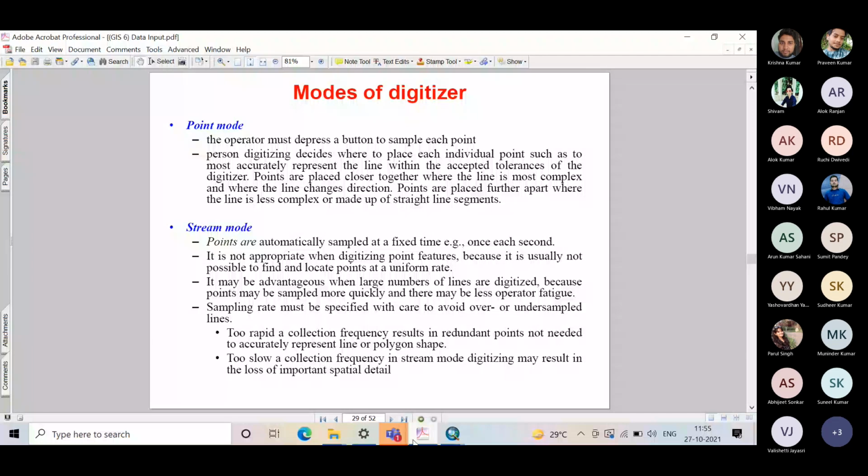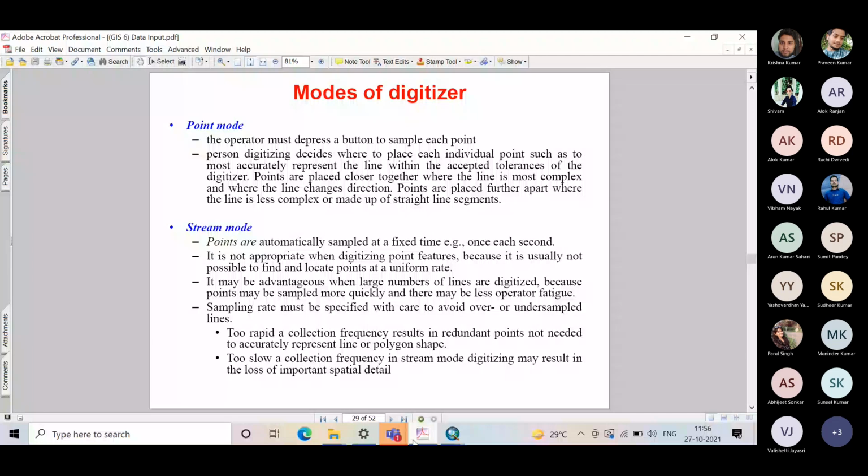अगर सैम्पलिंग फ्रीक्वेंसी बहुत कम कर दी जाए, सपोज 0.01 सेकेंड पर हम पॉइंट मार्क करवाने लग जाए, तो उसमें बहुत ज़्यादा लार्ज नंबर ऑफ रिडंडेंट पॉइंट्स मार्क हो जाएंगे। अगर आपको याद होगा हम लोगों ने जनरलाइजेशन पढ़ा था जिसमें सिंप्लीफिकेशन था। सिंप्लीफिकेशन में हम लोगों ने देखा था कि किस तरीके से वीड आउट किया जाता है जिससे कि किसी भी फीचर में नंबर ऑफ पॉइंट्स कम हो जाए, जिससे उसका स्टोरेज स्पेस कम लगे।